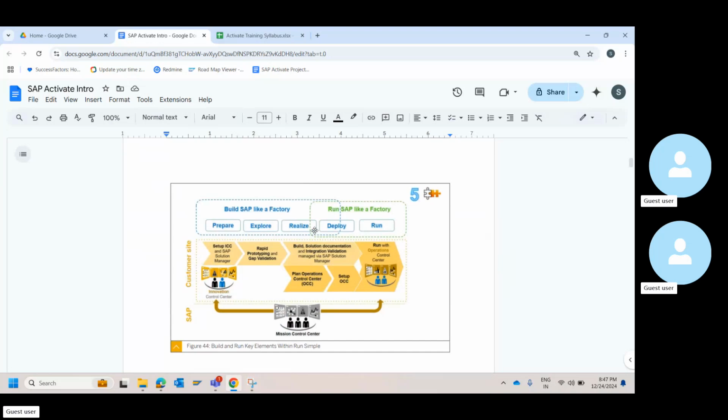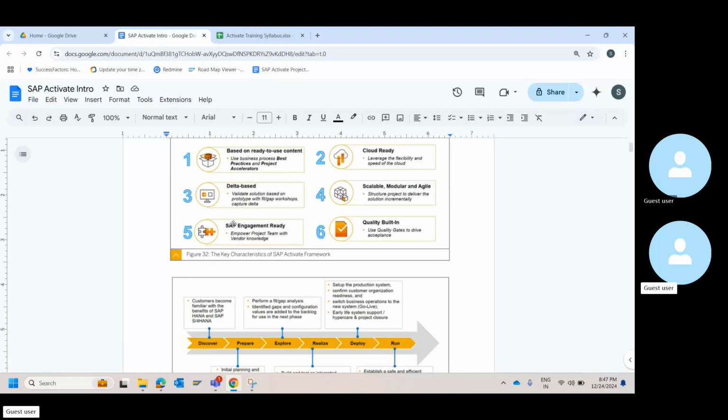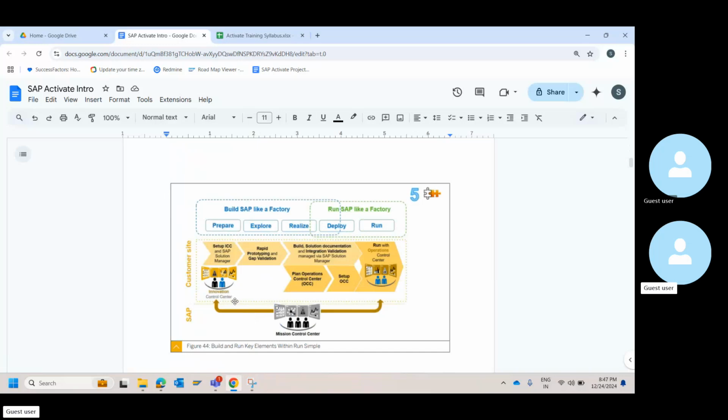Now, how SAP recommends to run. As part of point 5, it says SAP engagement ready, right? How SAP expects you to run your implementation is that you have 3 different control centers. Before that, let's figure this out. You have 5 different phases: prepare, explore, realize, deploy, and then run also.